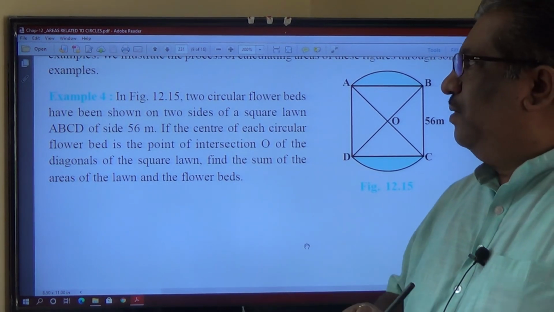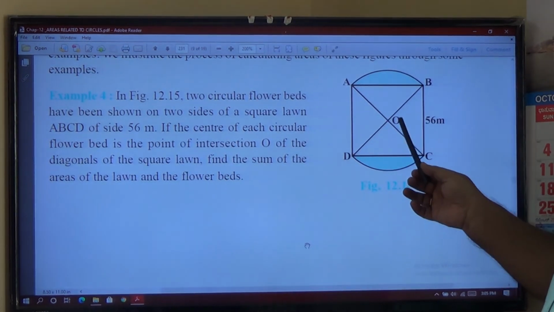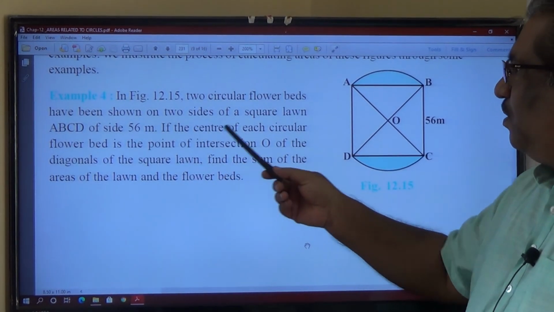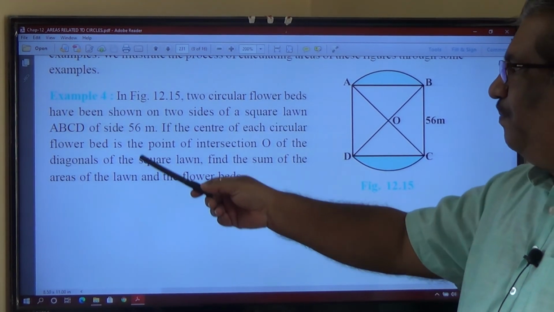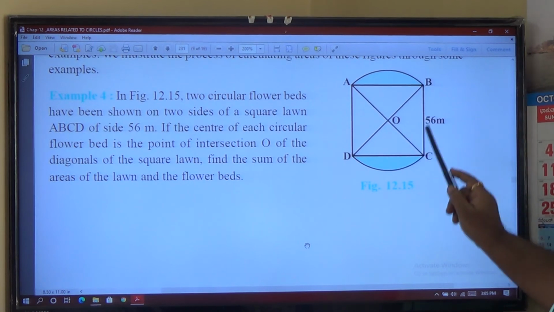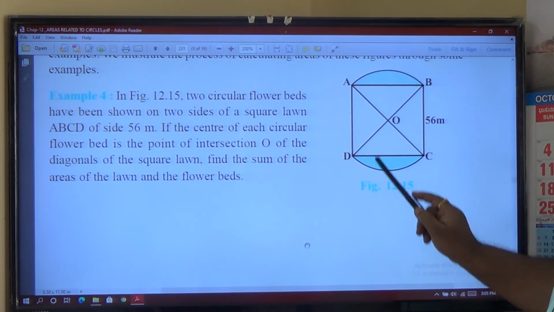Let us have a look at example sums now. Example 4, figure 12.15. This is the diagram for this example. Two circular flower beds have been shown on two sides of a square lawn ABCD of side 56 meters. ABCD is a square lawn here, and these two are the flower beds which have been shown on two